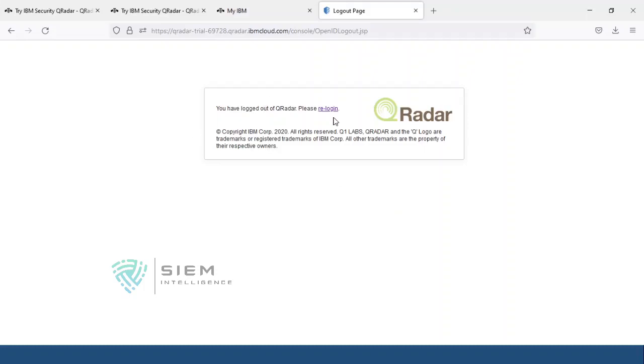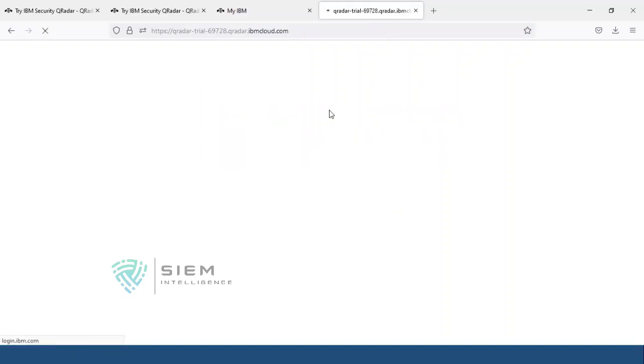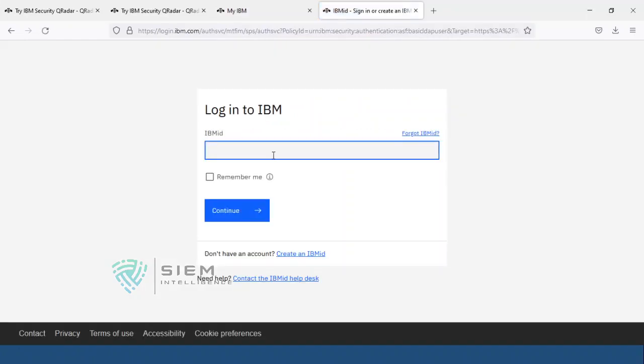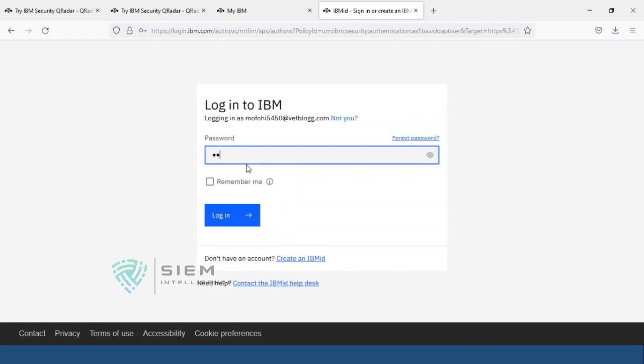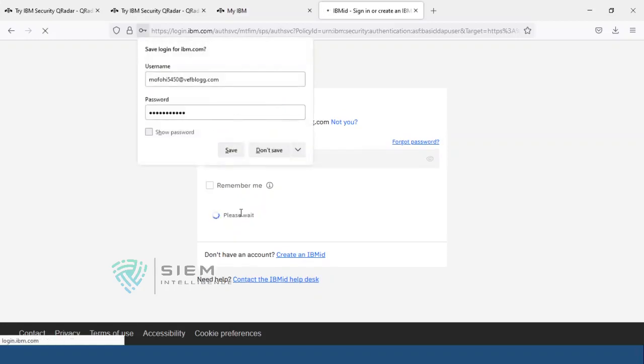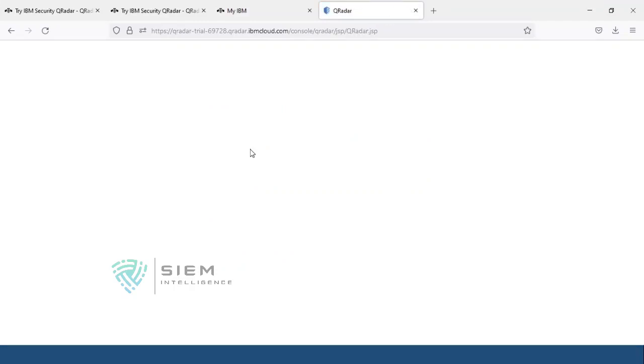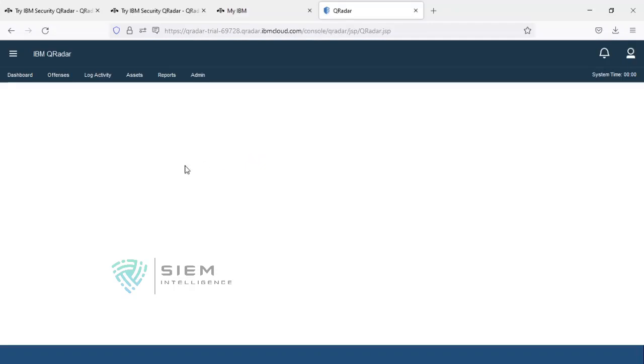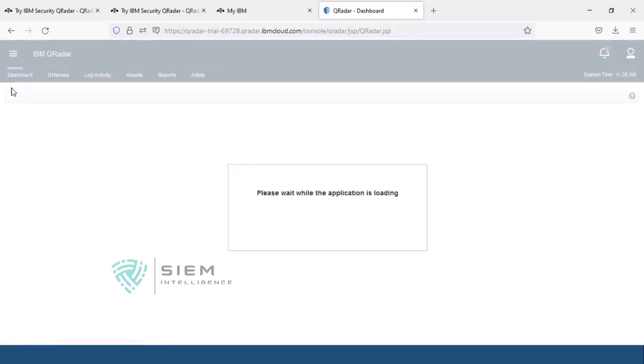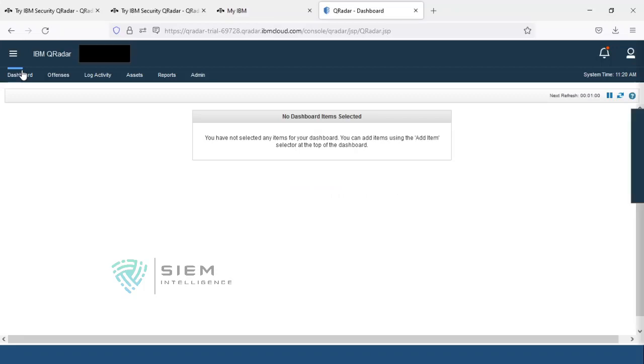Now if you want to log in again, see, I am logging in again. This is again QRadar, and if you see the dashboard, it remains there. See, Vishnu is what I have changed. The same thing remains here.